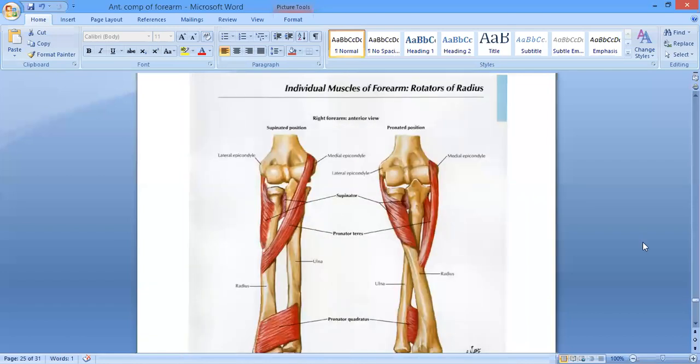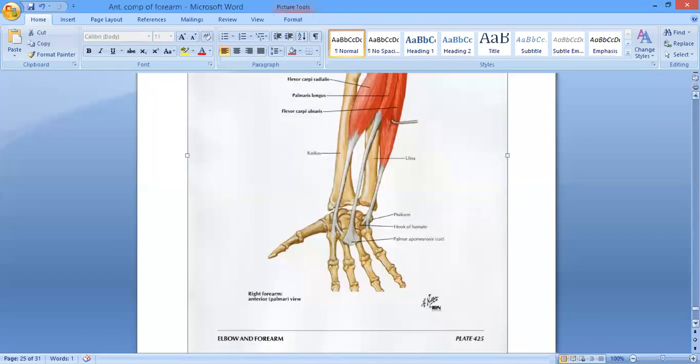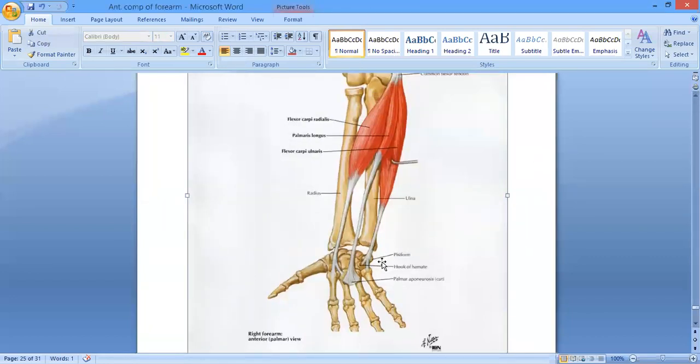The flexor carpi ulnaris, I told you that this muscle gets its origin from the common flexor origin over here, and it is inserted over the pisiform bone. Here you can see this carpal bone, the pisiform bone. Basically, the pisiform bone is considered a small sesamoid bone in the tendon of the flexor carpi ulnaris, right? And it is also inserted over the hook of the hamate, giving a tendon slip to the hook of the hamate and to the base of the fifth metacarpal bone, right?